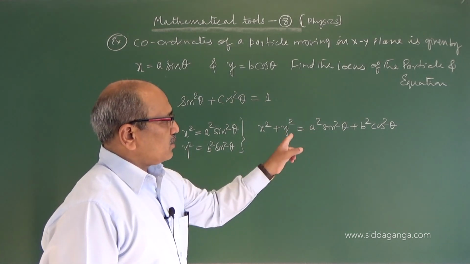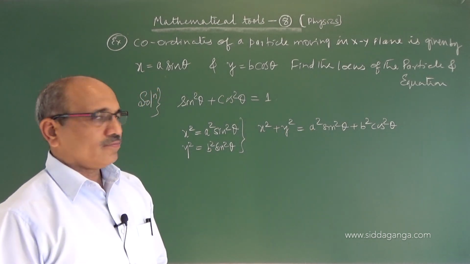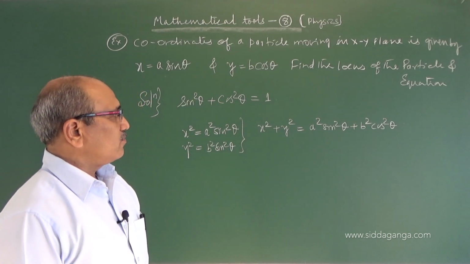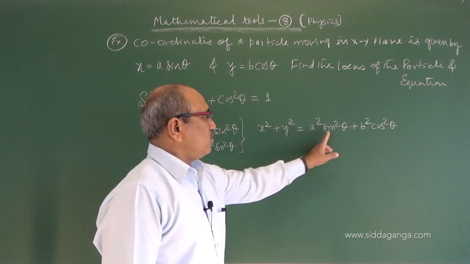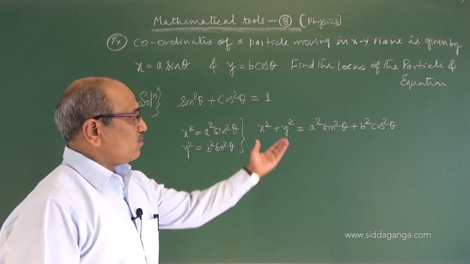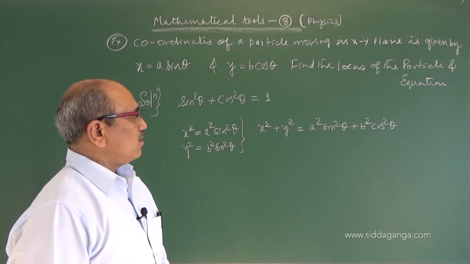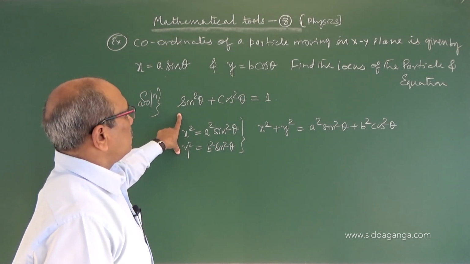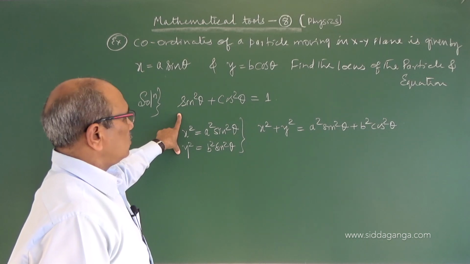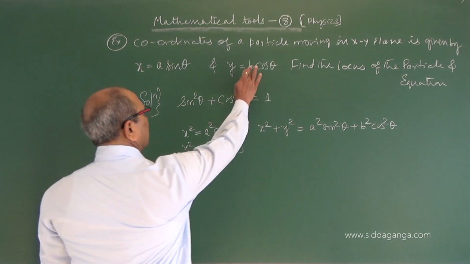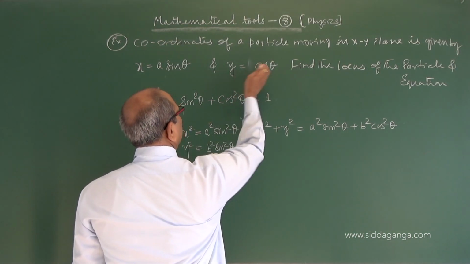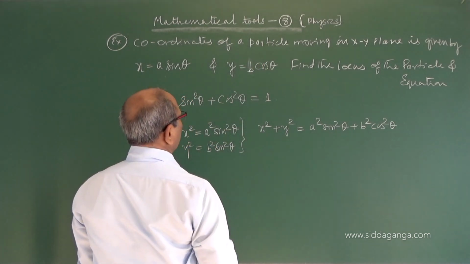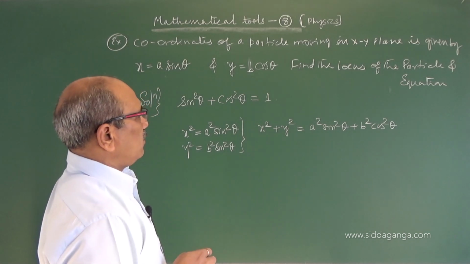Sin square theta plus cos square theta is 1. How can you get that? You can bring a square or b square out, but I can make it an easier problem. Instead of going like that, let us take this as b only, no problem. If I divide by